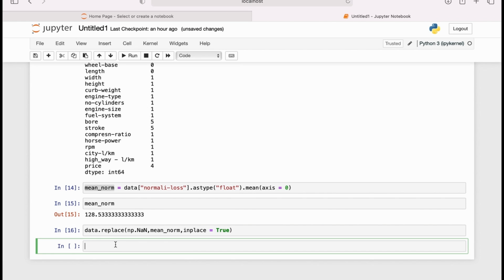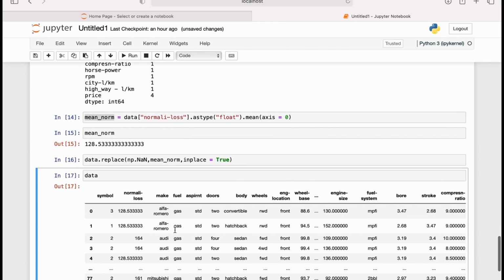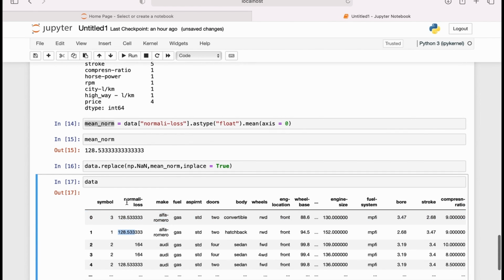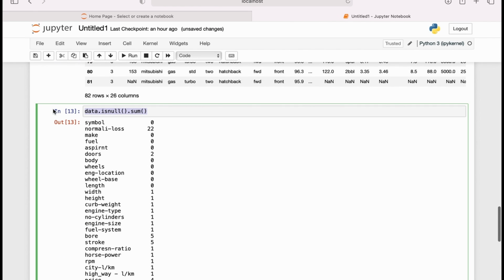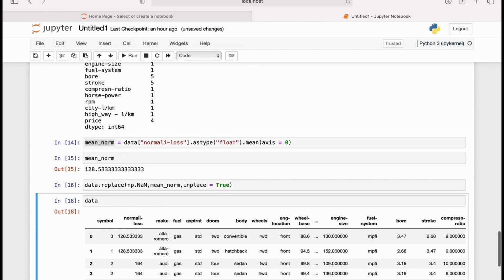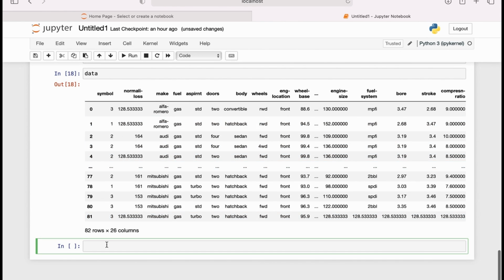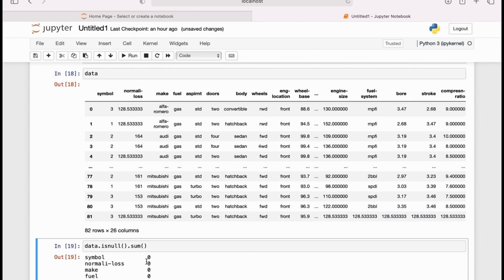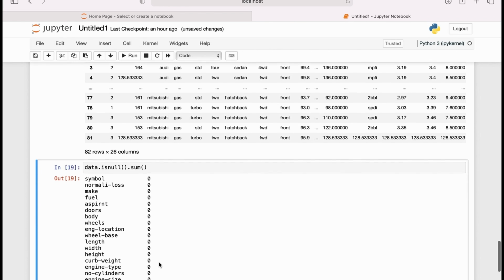Now let's look at data. Now, can you see we now have 128.533, 128.533. Now, for this, we are done. We can just do the same thing for the rest of the missing values. Now, if I copy this to check missing values now, I'll bet you that this 22 will now turn to 0. Now, as I said earlier, we now have 0 there. So let's just do the same thing for